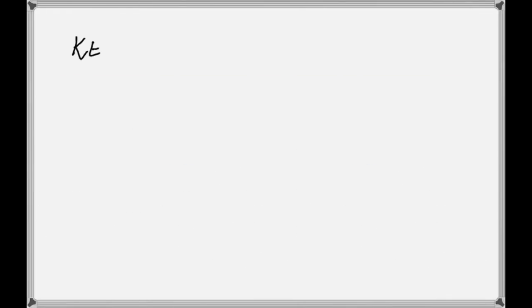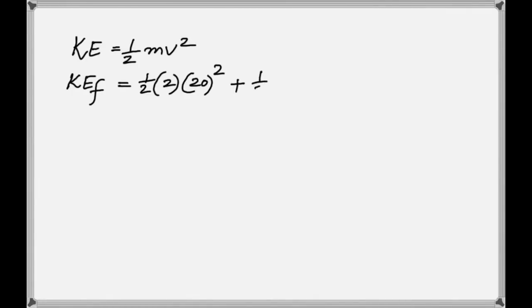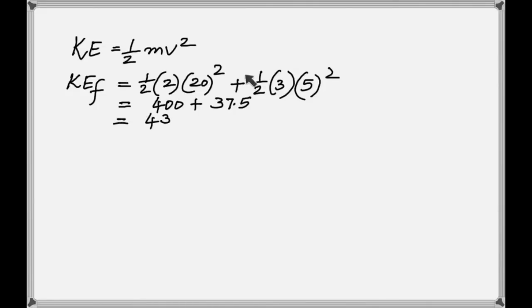Now we can just calculate the kinetic energy of each object. Kinetic energy is 1/2 times mass times velocity squared. So this is the kinetic energy before collision. Those are the masses and velocities before collision. You get 437.5 joules as the initial kinetic energy. And the final,